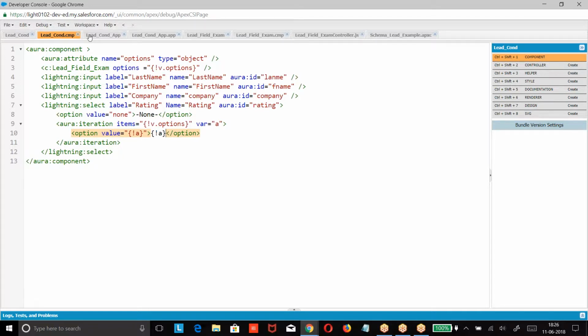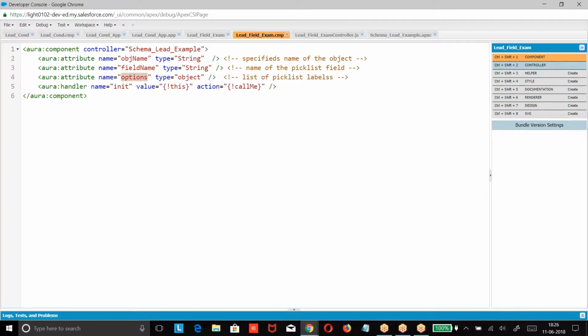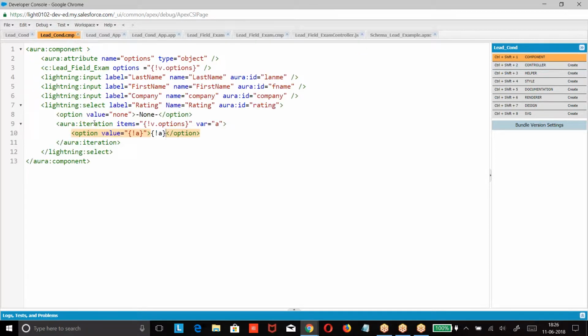In this component, what did I do? This component was purely designed to get the list of pick list options based on the field you have selected. Whichever field you are giving, based on that field name, get the options in the pick list field and pass those options. Whatever options I am getting should be displayed in this component. So when I say rating, previously what did you get? None I got. Now I need to get none, hot, warm, cold. Every option we had in the pick list, all those options should be displayed here.